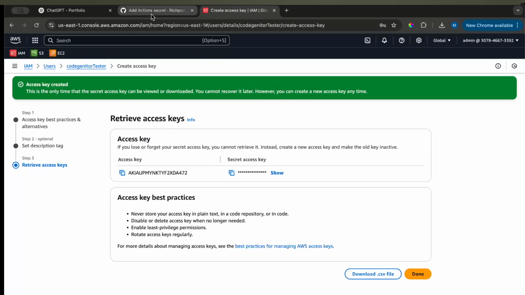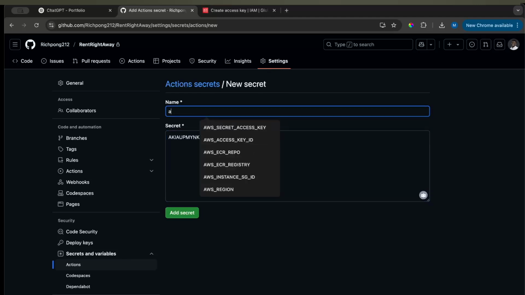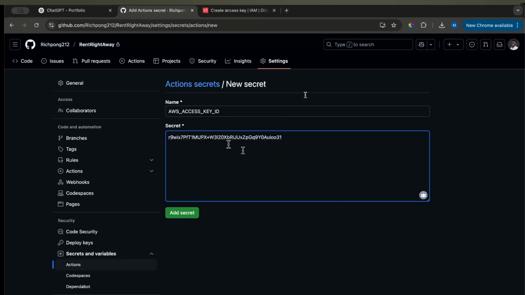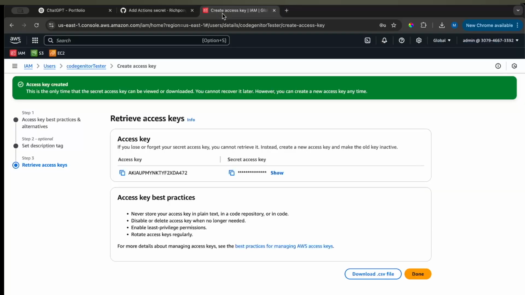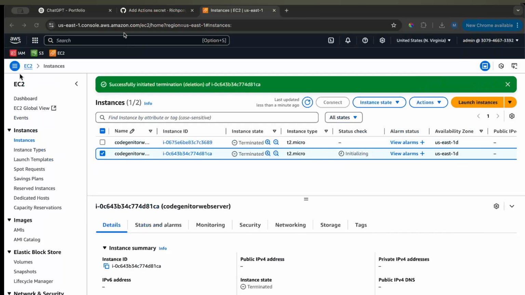So going back to the GitHub Actions, again, we will create one for AWS key ID, and then we will put the value here. So basically now we are done with creating the access keys. The next values we need to create is we need the security group ID, and we also need SSH key. All right, so go back to AWS and look for EC2 instance,